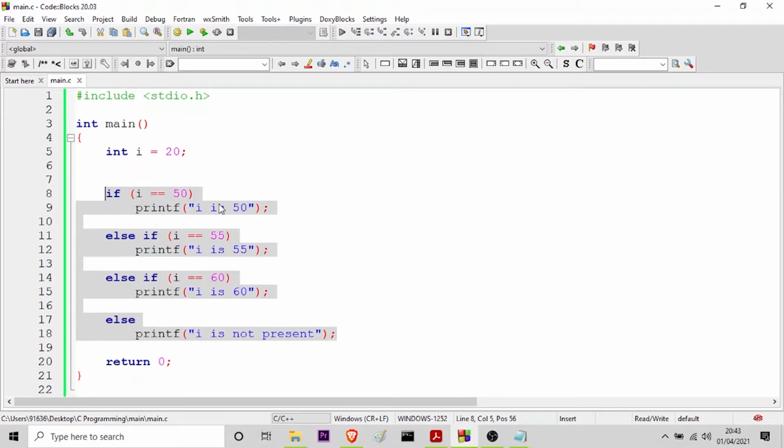So let us move on to the next topic, which is the switch statement. So we have seen that when one of the many alternatives is to be selected, we can use an if statement to control the selection. However, the complexity of such a program increases dramatically when the number of alternatives increases. The program becomes difficult to read and follow. At times, it may confuse even the person who designed it.